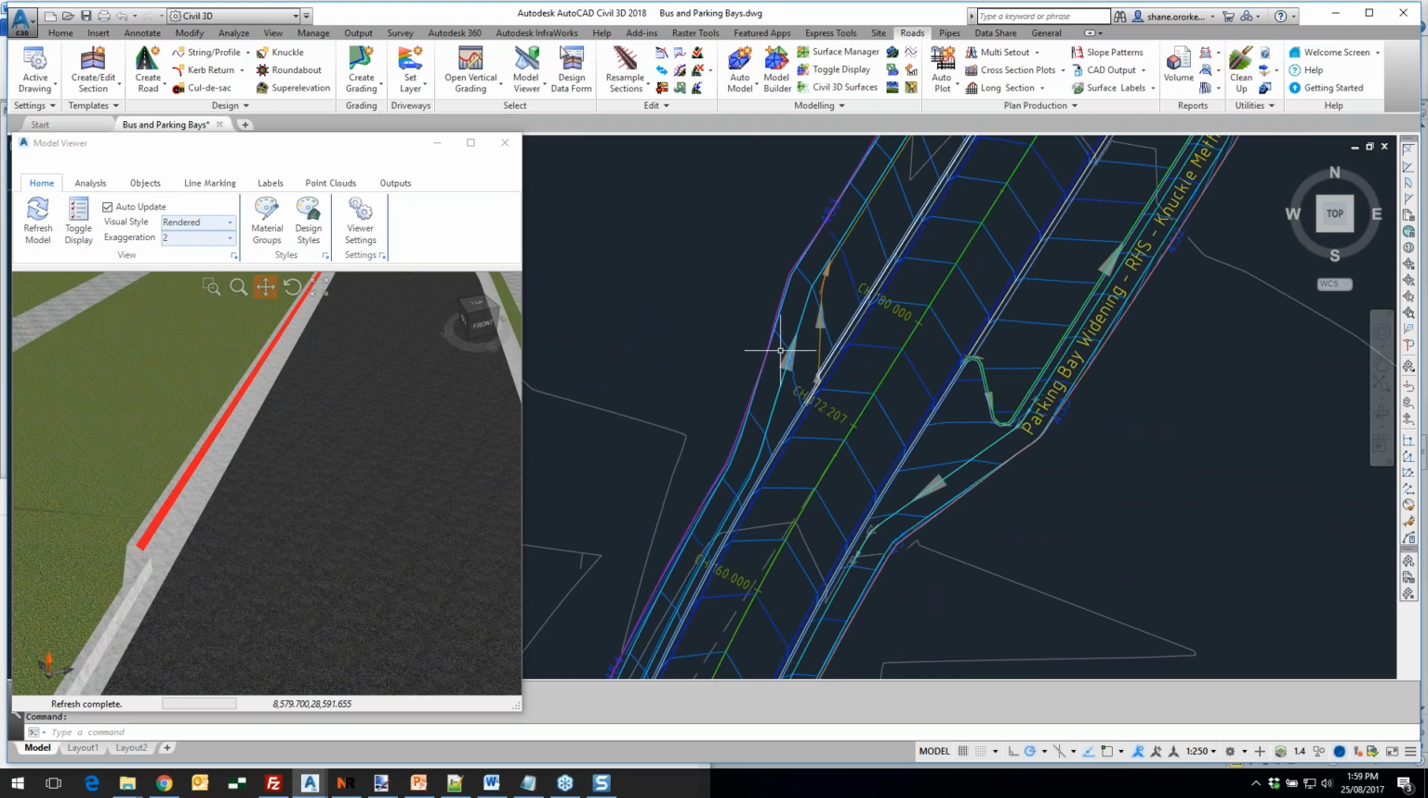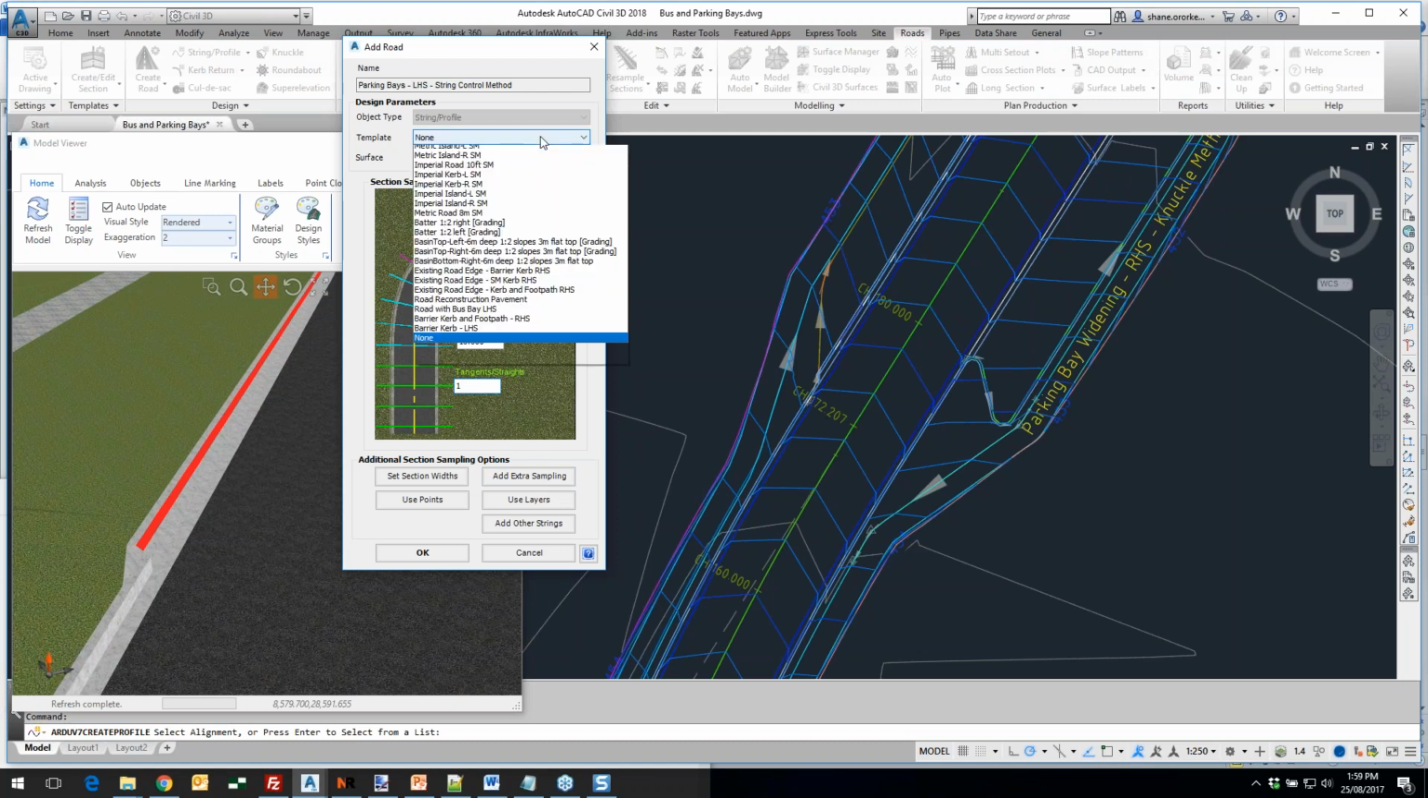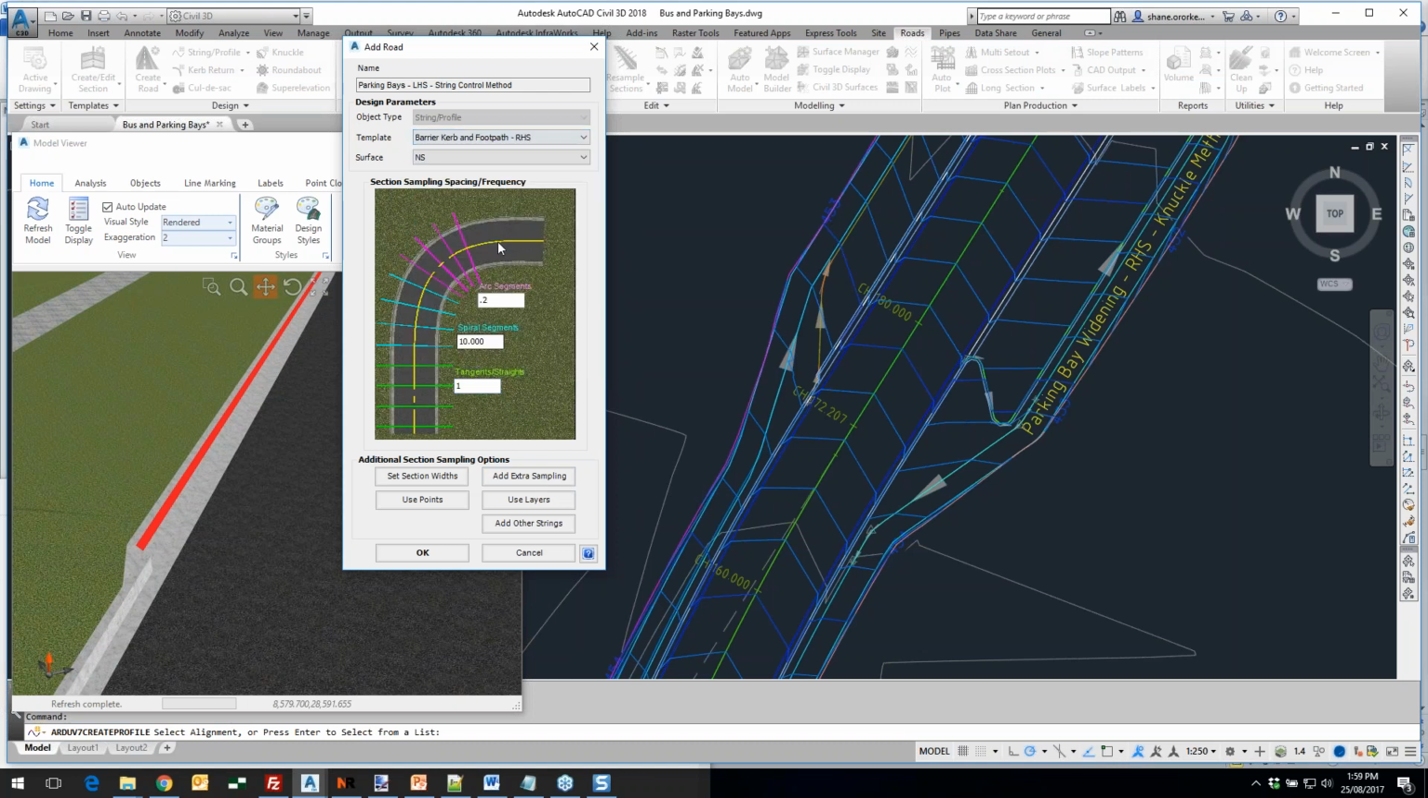So what we're going to do is make a string out of this. So we go to the profile string command, and we click in here to make a string. I'll just be real lazy here and say 0.2 and 1 to get a nice sampling. If you're going to plot a long section of this, don't do it this way. Use add extra sampling. I am going to put a template on this. I do actually have a barrier curve only on the left-hand side, and that's what I want to run all the way from this alignment. So when I click OK,